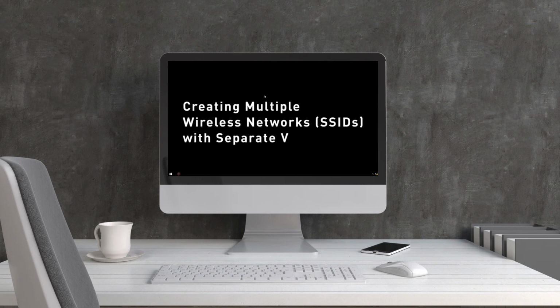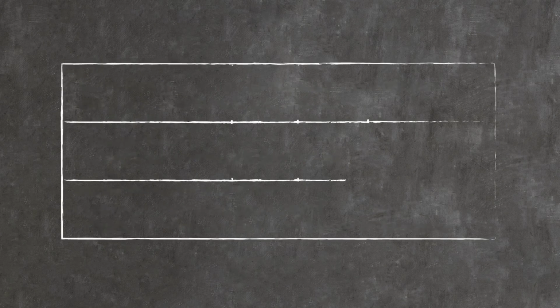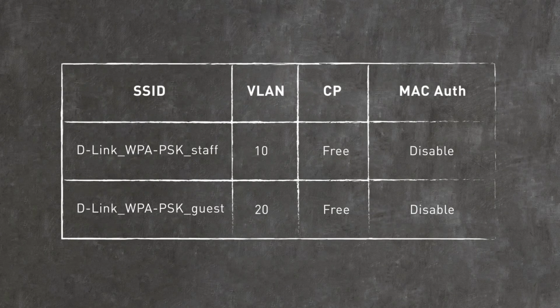In this video, you will learn how to create multiple SSIDs with different authentication methods, along with separate VLANs, and create user accounts within the DWC. For example, we can create two different SSIDs with different VLANs, with options to enable and disable captive portal and